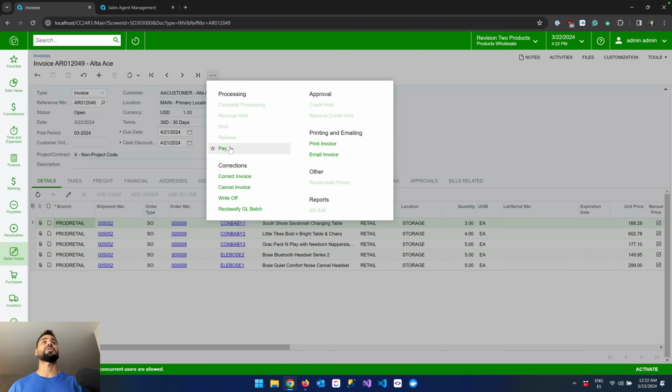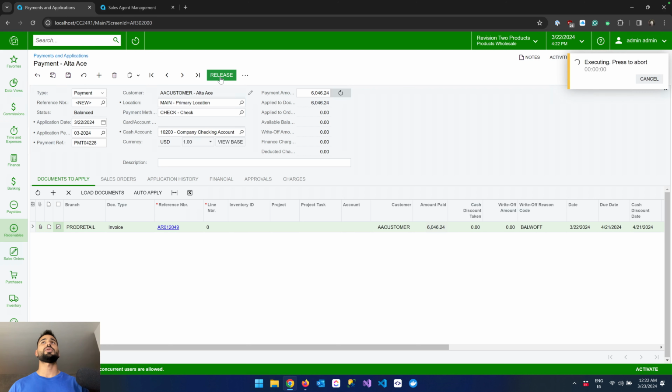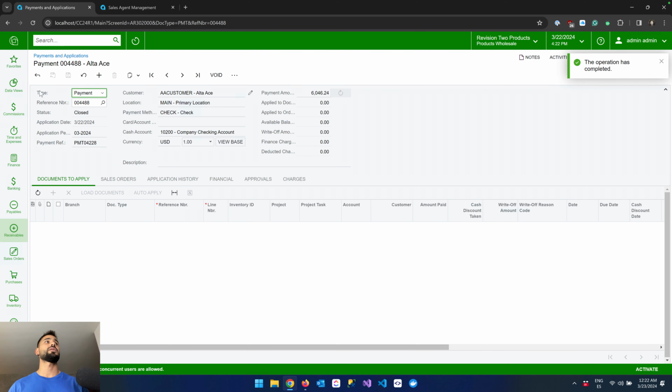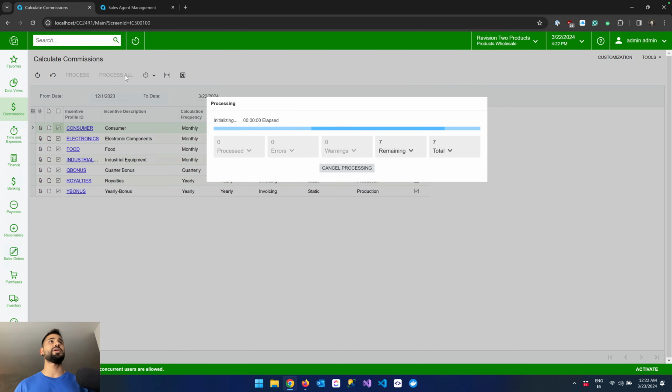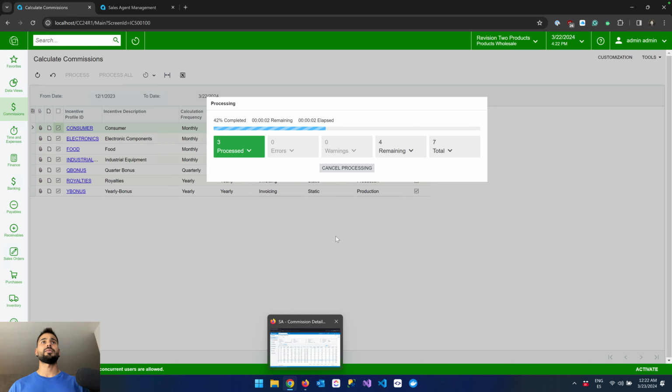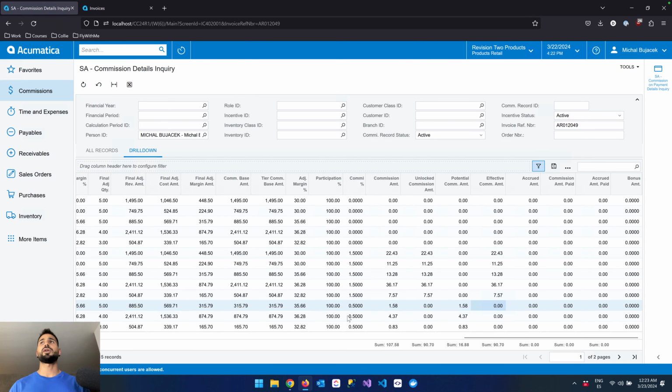Okay, let's pay this invoice, release the payment, get back into our calculate commissions process, hit the process all button, and now upon completion of this, we are going to get back into our salesperson view and pay attention to this